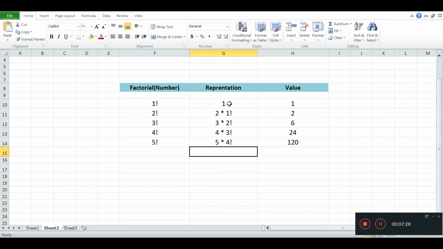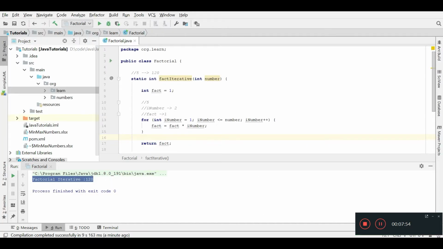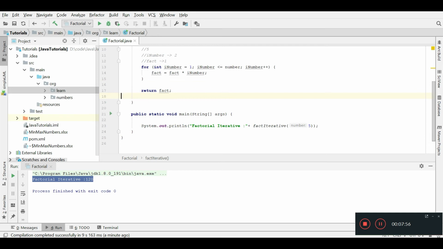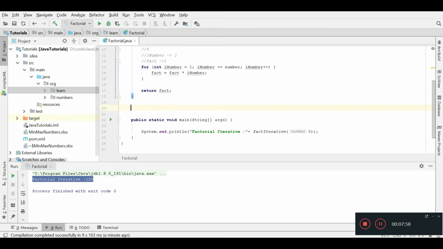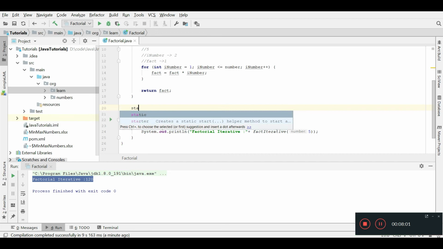So to reach the factorial of any number, we have to know the factorial of all the preceding numbers, right? This could be our analysis of how we can write a recursive program, because a recursive routine is nothing but any repetitive work which we want to perform. Okay, now let's write the recursive factorial method.